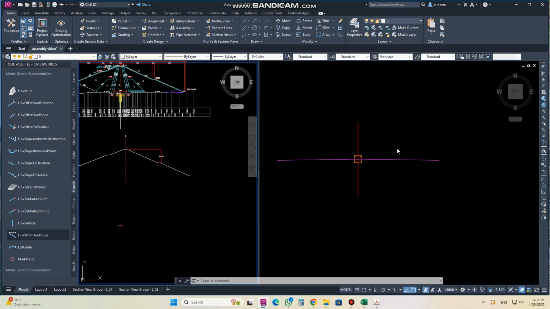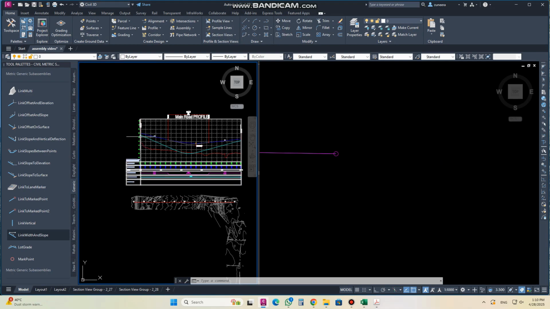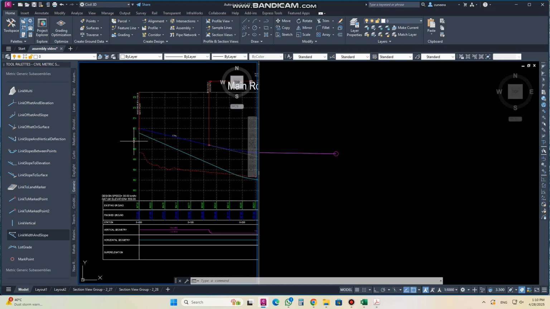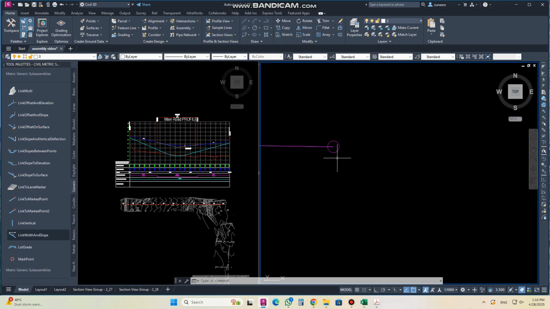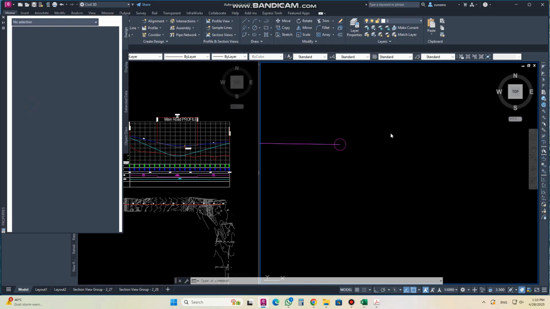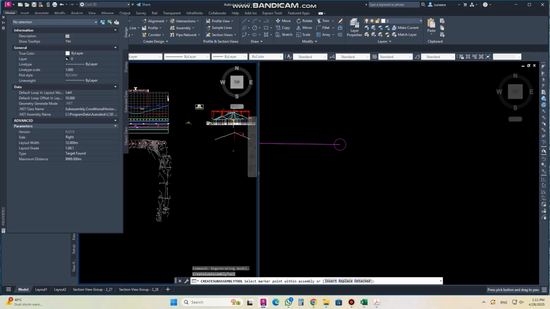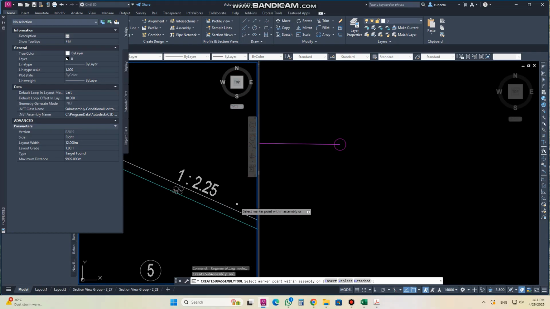Let's say 5 meter. So from here, if I take 5 meter, it will put 5 meter here, but I have less depth here than 5 meter. So for that I will put a condition on the right side. For this condition, I will go to the conditional horizontal target. As you can see, the right side layout, no problem. The slope 1:1. If I check here,